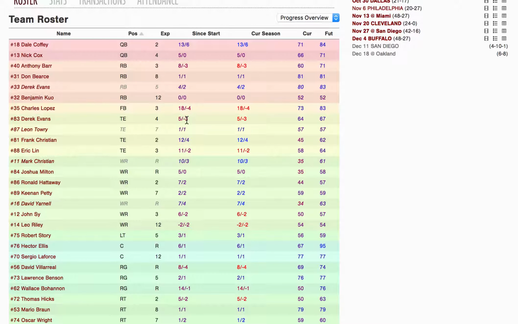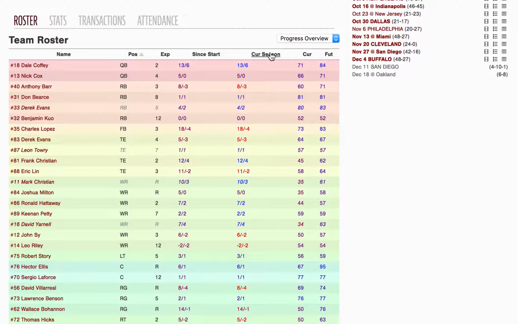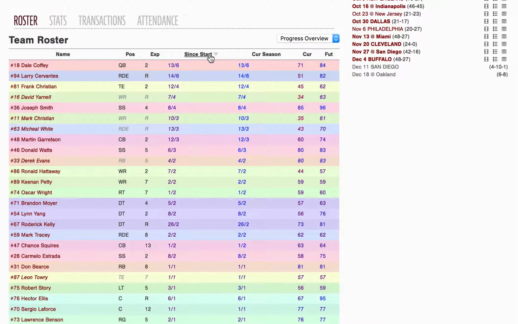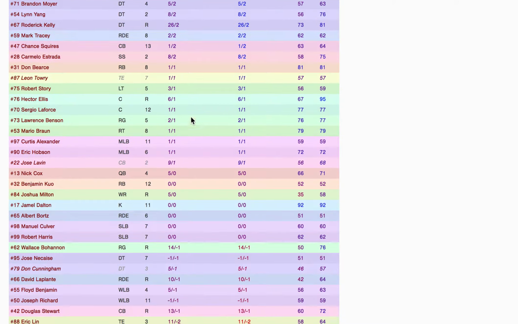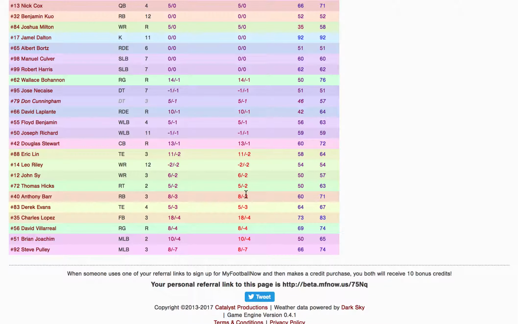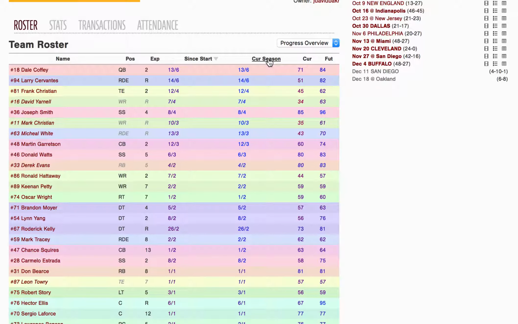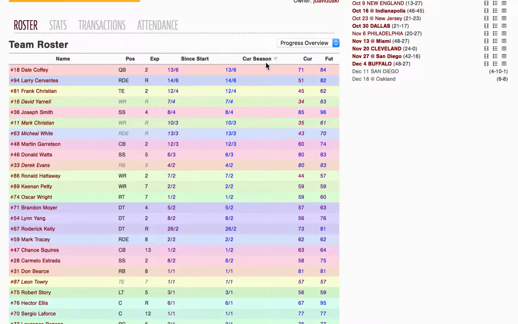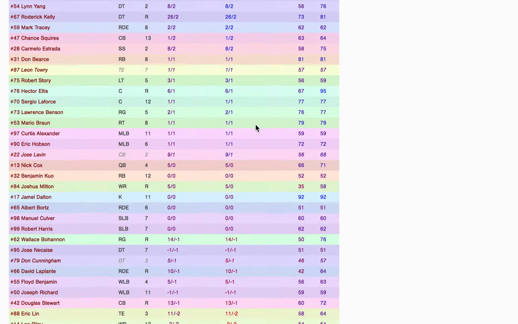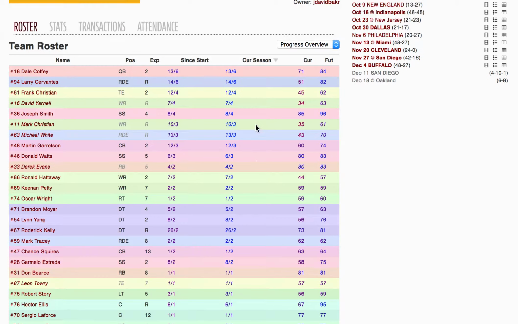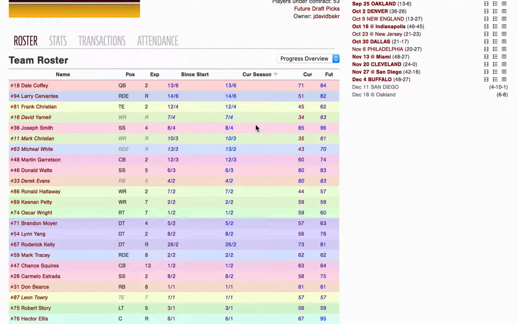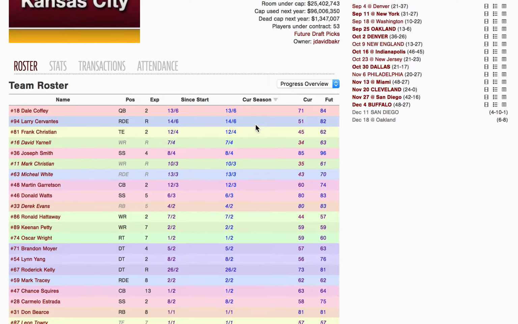So this gives you an overview of, since the beginning of these players' careers, the players who have had the greatest improvement and the players that have had the greatest drop. We can also sort this by the current season to see who our best improved players and our least improved players are. That's useful when you're evaluating whether these players are improving or not.